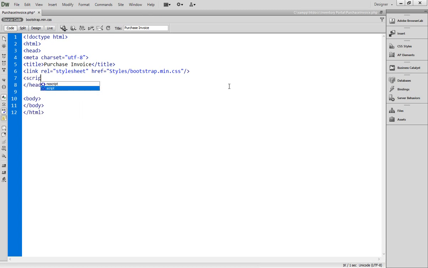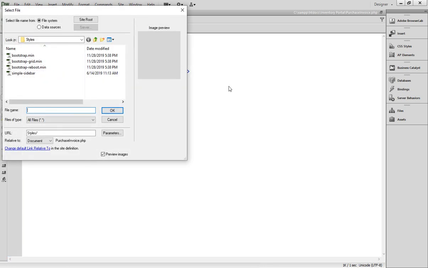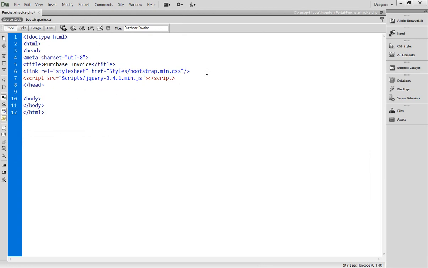So script close, and here we have to specify src, browse, then scripts, and then jQuery. We don't have to do anything else. Now let's add a div class equals container